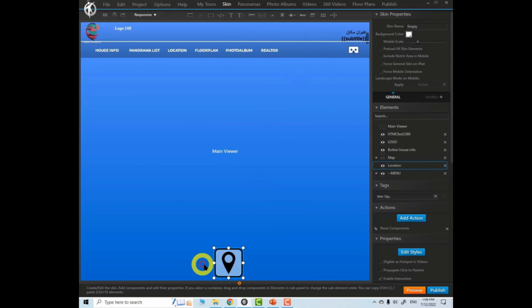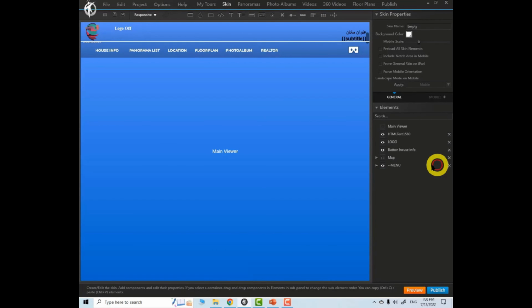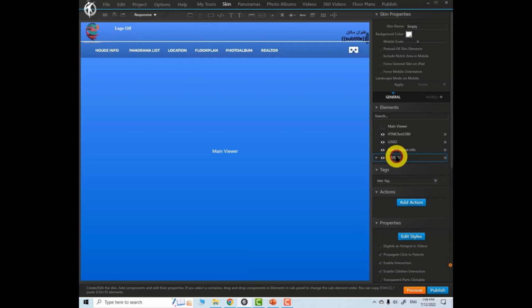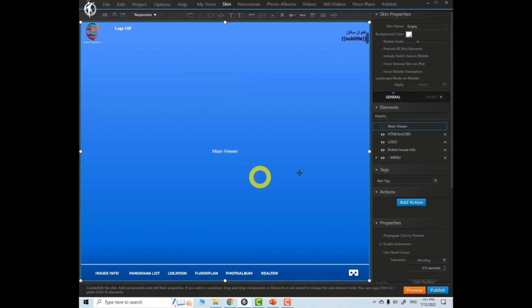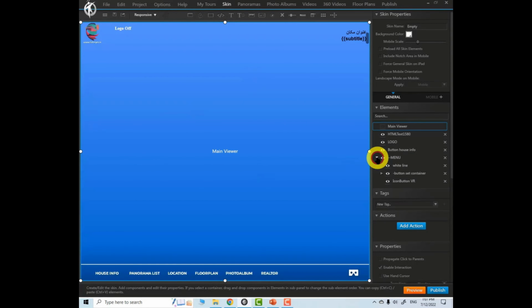I don't need this location anymore, so I'll delete it. I don't need this map either, so I'll delete it. I bring the menu I created, attach it to this floor, and I want to use it. Now look at this menu. It's a container that's been given a name, meaning at first its name was container, and then the person who designed it named it menu. I can change this, for example, I'll make it something else. My menu,